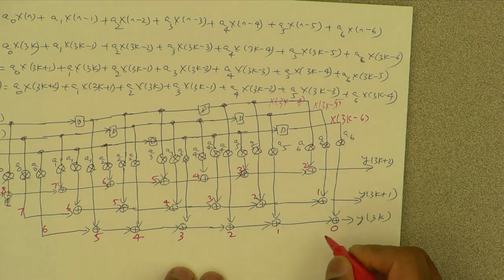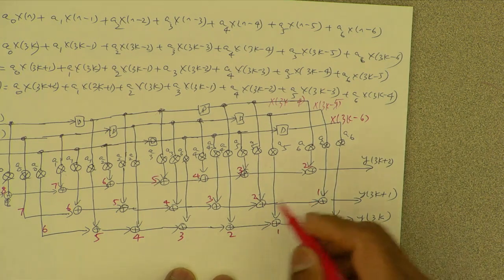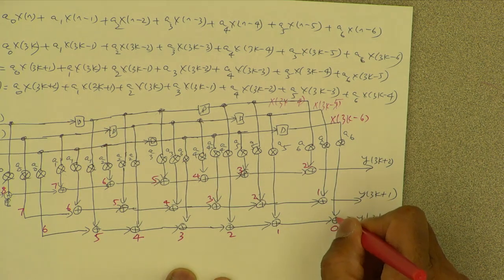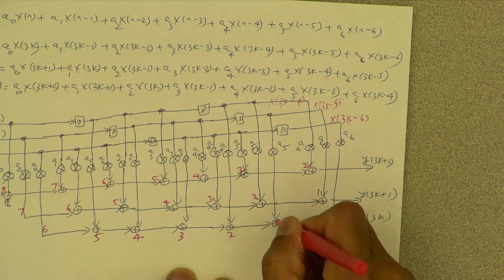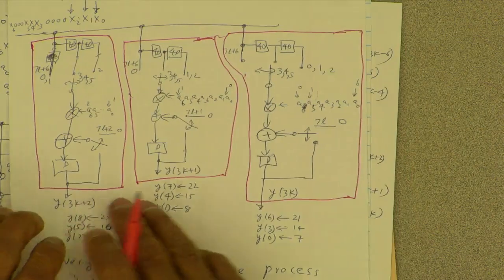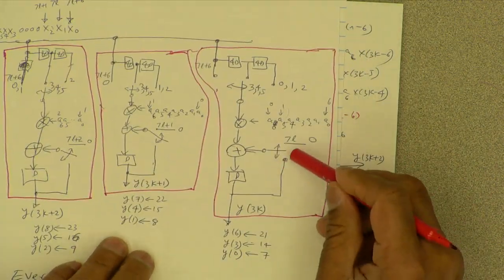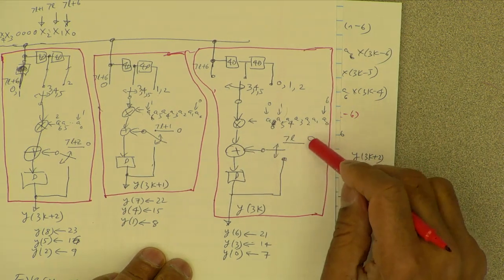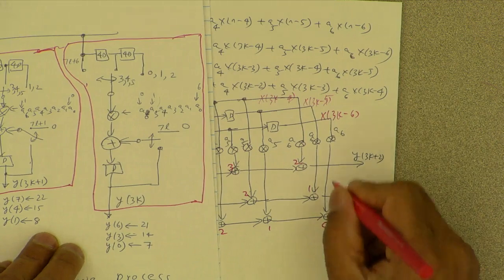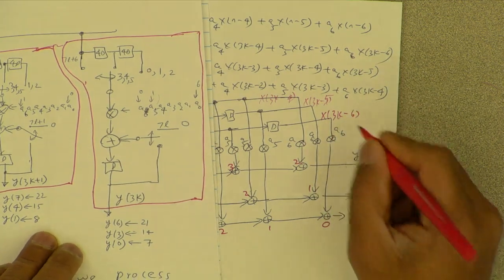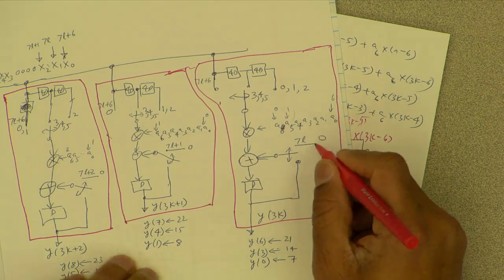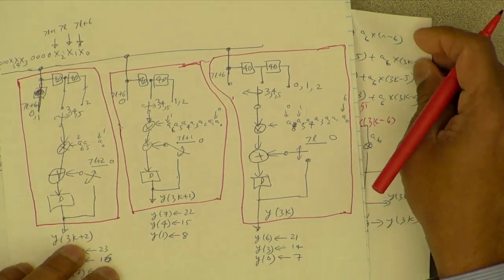The best way to think about it: if I redrew that, think about this add going to the left. This happens in clock cycle 0 and then 1, etc. So, in clock cycle 0, this input to the adder is reset to 0. So, we are computing 0 plus A6 times x3k minus 6. That is what that switch is doing, resetting that to 0.